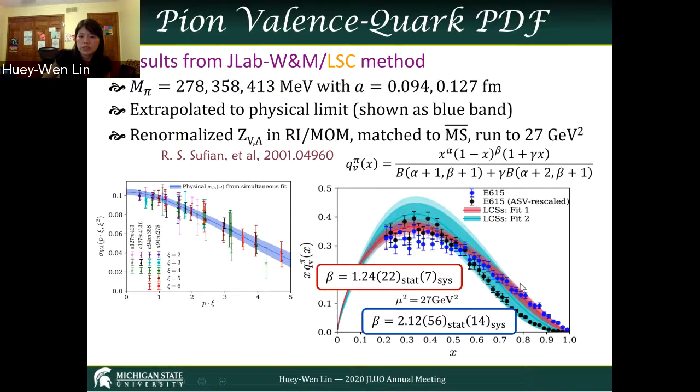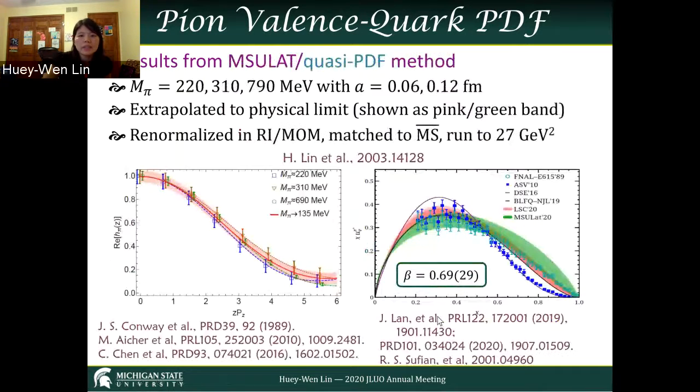Depending on how it's extrapolated, you come out with something that's close to 1, or close to 1 in ideal cases. And then we repeat a very similar calculation. We simultaneously also calculate the pion valence quark distributions, using different lattice spacings as well. And what we find is, using the same